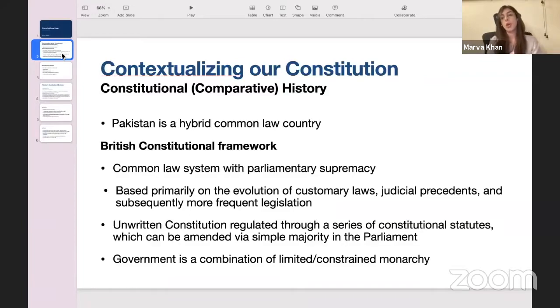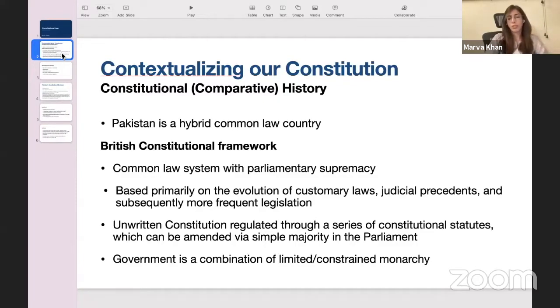One essential component, of course, is common law, and therefore it is imperative that you understand where that comes from. When we look at the British constitutional framework, it's rather different because, of course, it's also a common law country with parliamentary supremacy. That's the one point where we are distinguished: even though we have a parliamentary system, we have constitutional supremacy because the constitution is the overarching document. The British system comprises multiple constitutional statutes, which can be amended or done away with by a simple majority. Whereas, as you should hopefully know by now, when you have a constitutional amendment, you need a super majority or two-thirds majority in both houses to attain this goal.